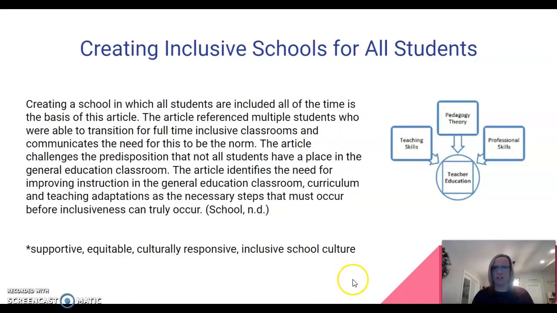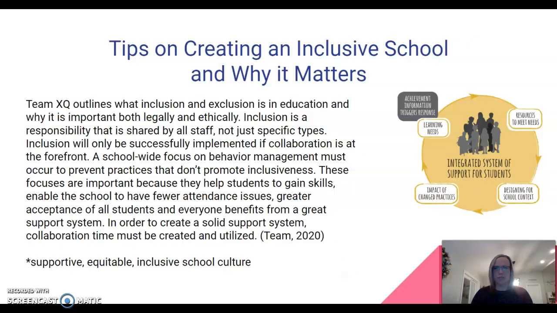Then we had creating inclusive schools for all students, which was similar to another article before. So I'm not really going to go through a lot of that. It's summarized right there for you. Tips on creating an inclusive school and why it matters. I actually screenshotted several parts of this article for some of our PLCs that we're currently going through in our building. I really valued addressing a school-wide focus on behavior management versus individual, because I feel like that is an easy place in which